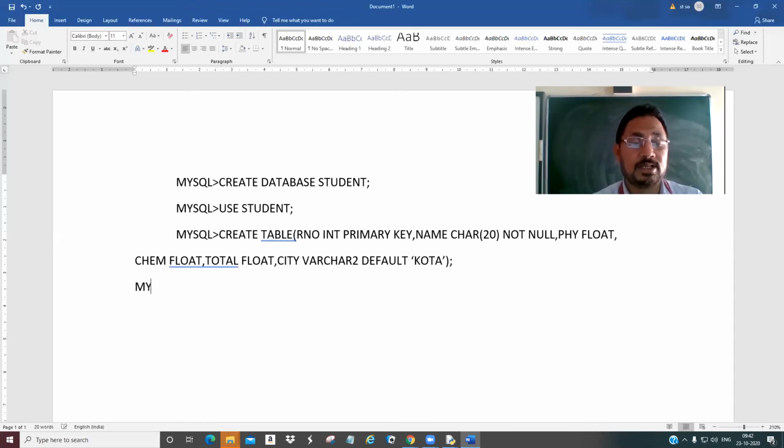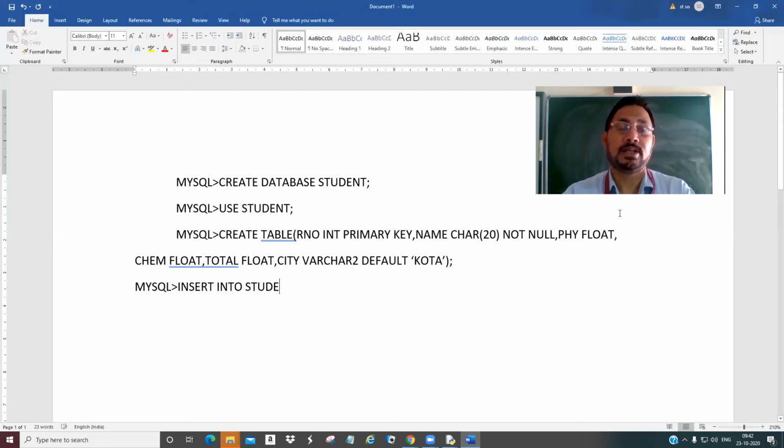Next command I am writing here, at the MySQL prompt, is insert into. So the table is created now. Once the table is created, you have to give the command insert into and the table name.